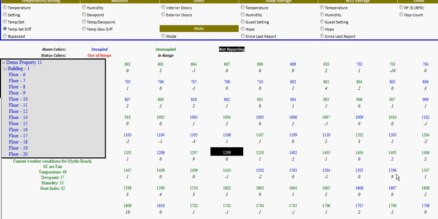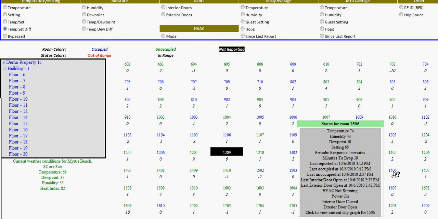By mousing over the room number, it does display all of the conditions for that particular room in a little bit more detail. So you can see that the temperature is 74 degrees, humidity in the room is 43, etc., and that the setting is 65. That means that the guest has asked for 65 and the room is only